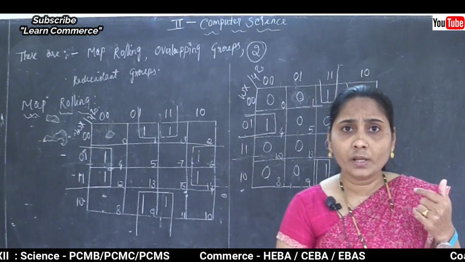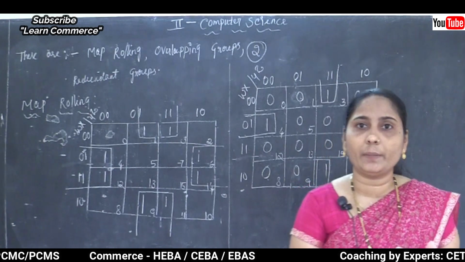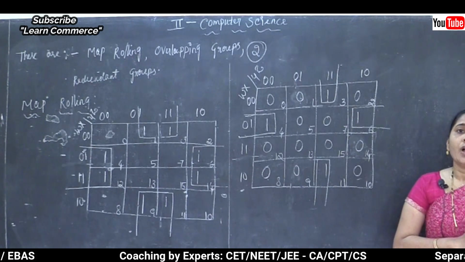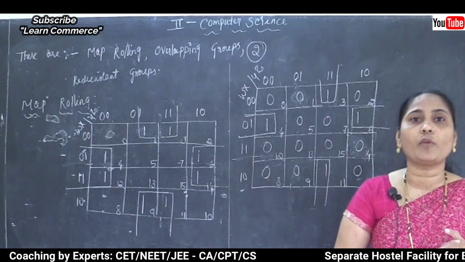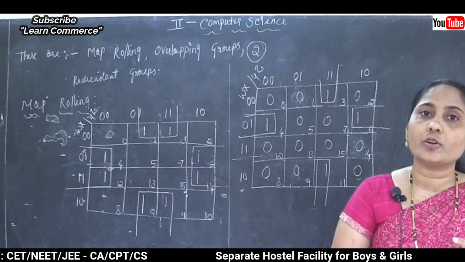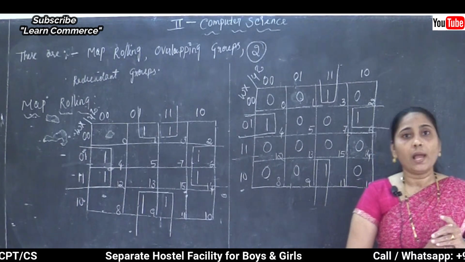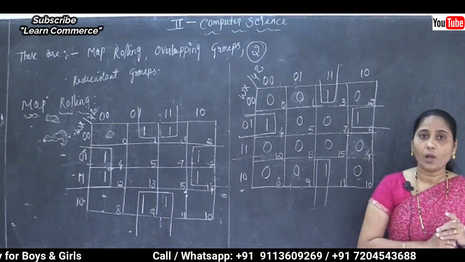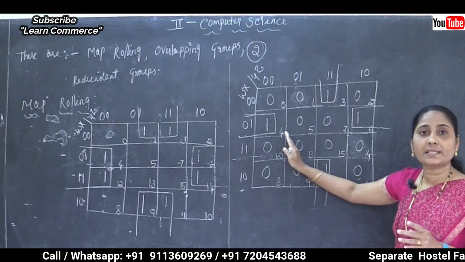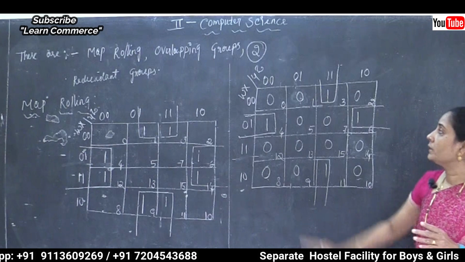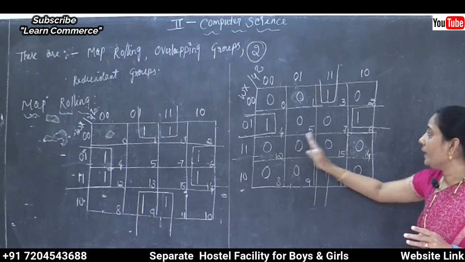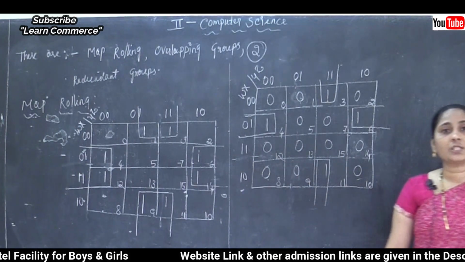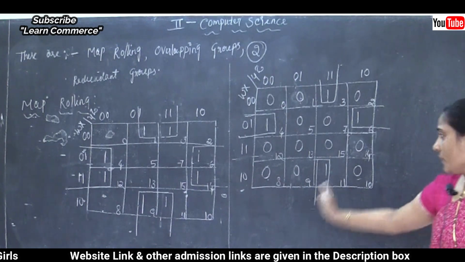Okay, so in this example, I want to take 4 variables. The variables are W, X, Y, Z. And the binary code I am going to use for the left side and also at the top of the K-map is 00 01 11 10. And we know how to take the numbering scheme: 0, 1, 3, 2, 4, 5, 7, 6, here 12, 13, 15, 14, and lastly the squares are numbered 8, 9, 11, 10.